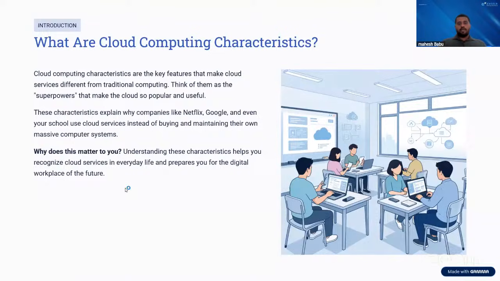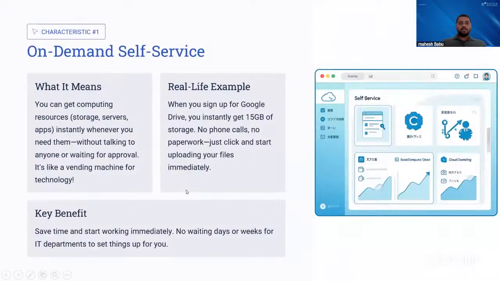Many cloud providers use the same things for managing resources. Why does this matter to you? Understanding these characteristics helps you recognize cloud services in everyday life and prepares you for the digital workplace of the future. Because as of now we are running everything digitally, where we can access it from anywhere, manage it, and even get more benefits. That's why the characteristics are very important.